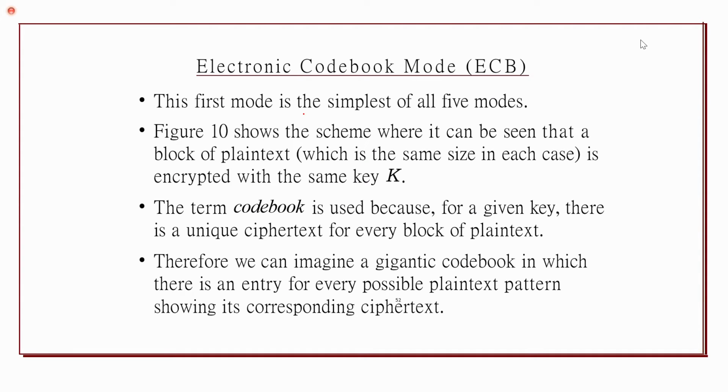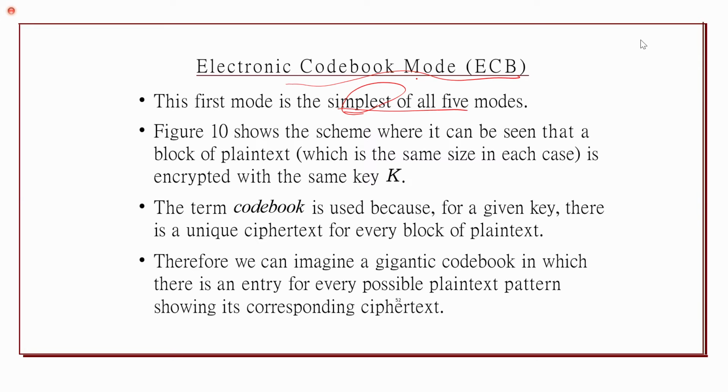Electronic codebook is the first technique among the modes of operation, and it's the simplest, because in this technique it will not take the output of one plain text block to the other plain text block. Instead, it will be the basic one. So electronic codebook is the default mode, where each block will be encrypted individually.